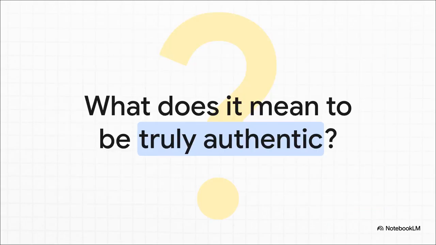And that leads us to one final, pretty provocative question to wrap up this explainer. If AI can perfectly mimic human emotion, if it can hit the lighting, the voice, the pacing so incredibly well that you actually feel a genuine tear in your eye, what does it actually mean to be authentic? As our tools get better, the line between human creation and synthetic generation is going to blur even further. It is an absolutely incredible time to be a creator, but it definitely requires us to constantly reevaluate the soul